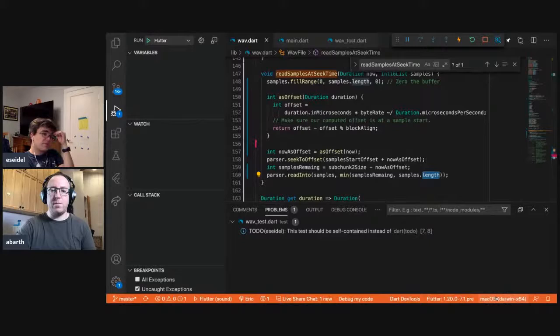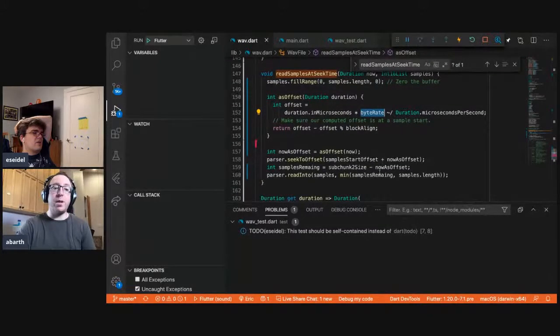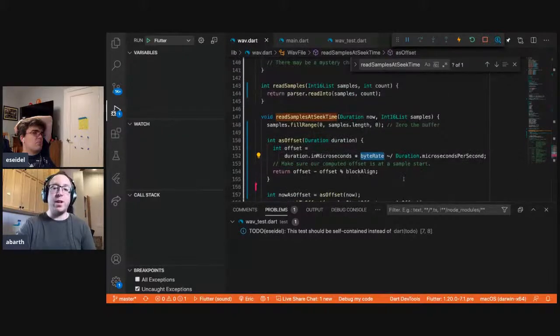Read into samples. This could suggest that samples remaining is chunk's size minus now as offset. I would imagine that number will usually be quite large. Maybe read into is not doing what we think it is. Oh, maybe because it's uint16.